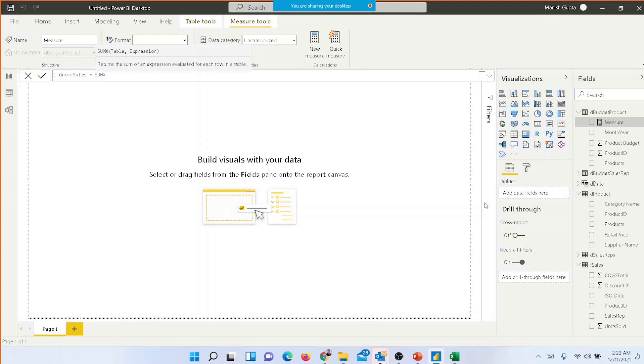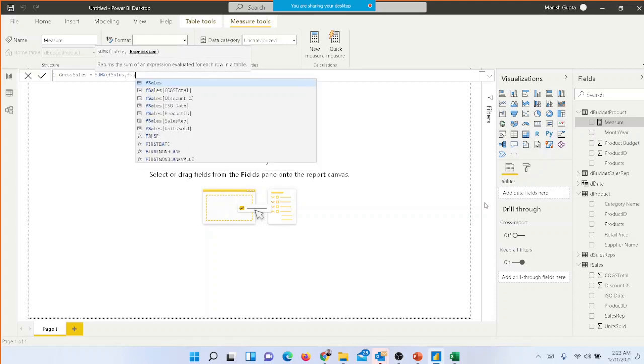Oh, sorry, yes. F sales. And then the expression is going to be, so where we want to do the SUMX, we want to do it in F sales. And the expression is going to be units sold multiplied by the retail price. So the F sales units sold,